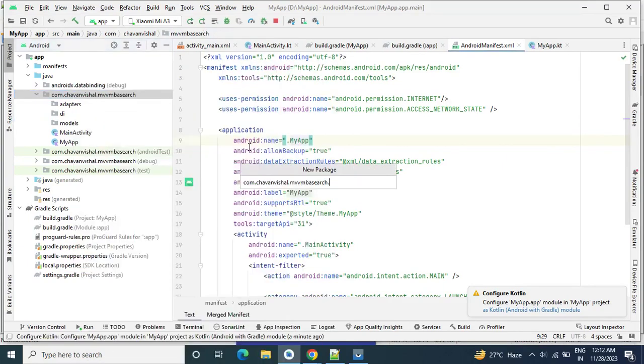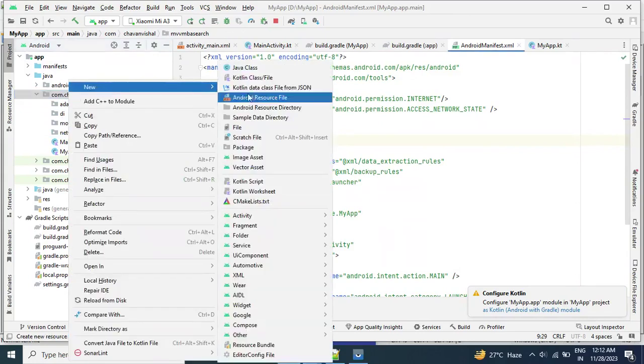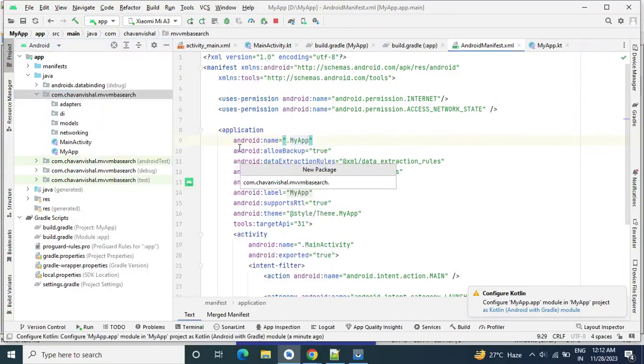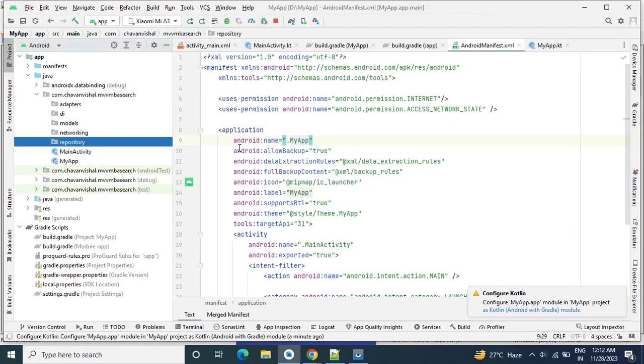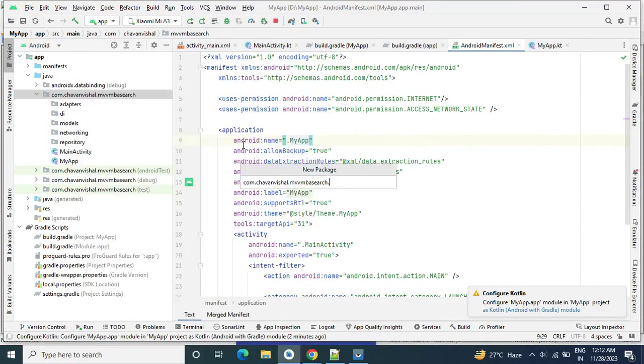Then our networking package. Then our repository package. Then we will create a package for all our UI files.